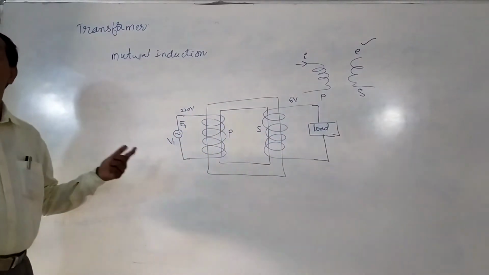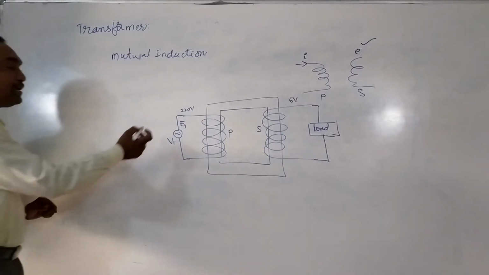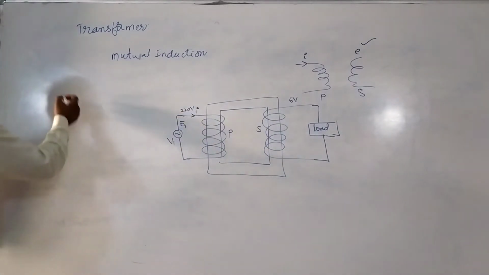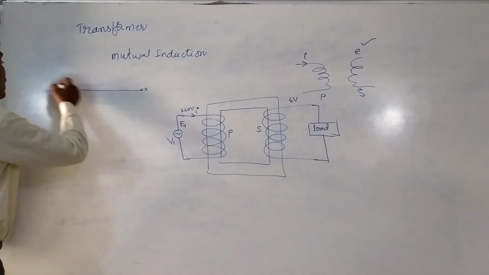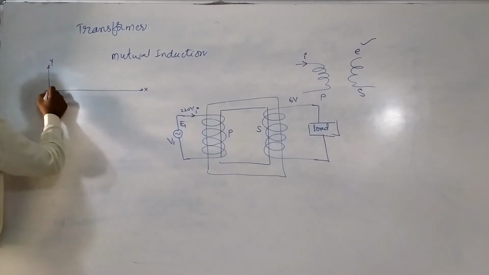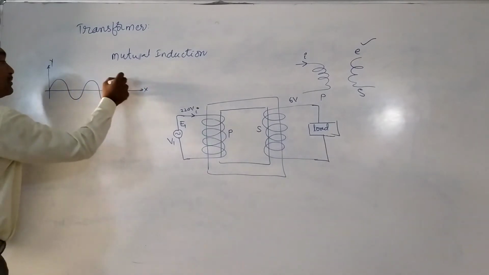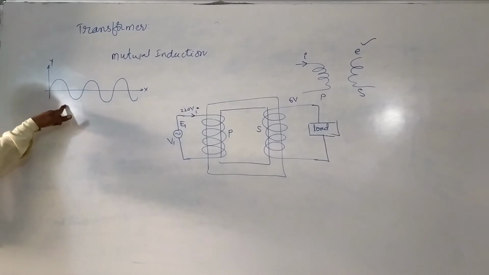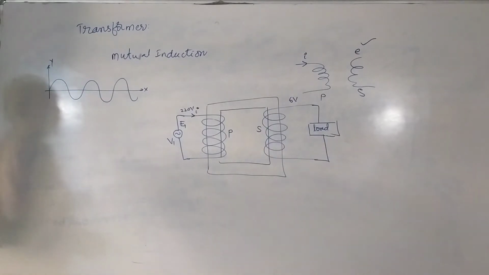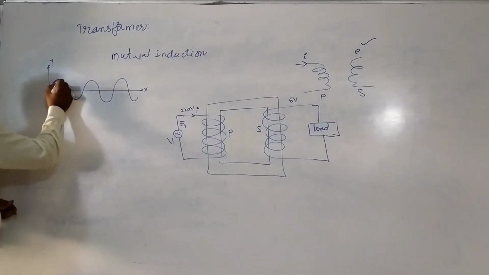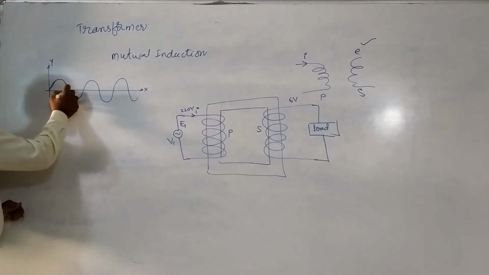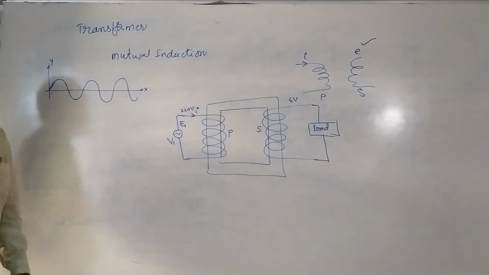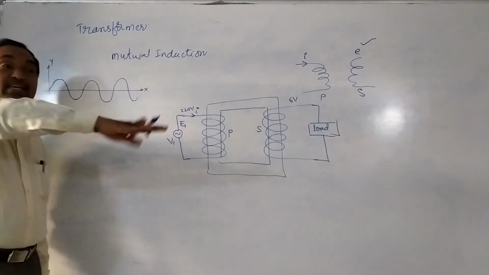So what is happening in here? When this alternating current is passing through the primary coil, alternating current is nothing but, so this is the x-axis we have taken, this is the y-axis, alternating current is like this. There are positive half cycles as well as negative half cycles. The alternating current increases up to here and decreases to 0, and the direction is changing, it is minus and it is again 0. It is nothing but an alternating current variation.